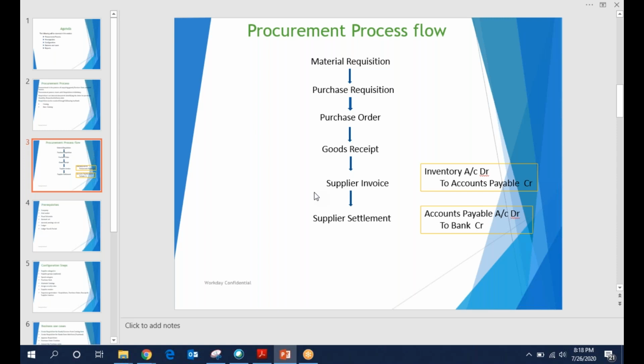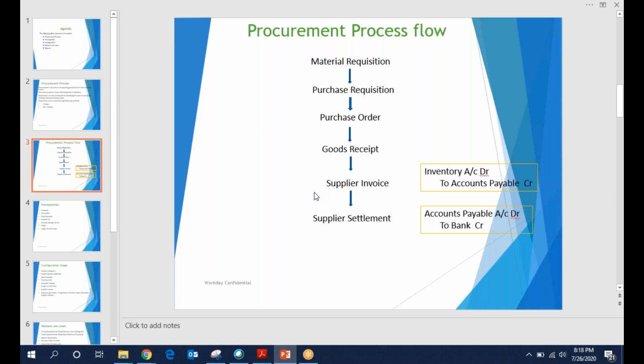But within the procurement process, we must create the supplier invoice with reference to the receipt. Creating a supplier invoice without a receipt means it's a direct purchase without a purchase order.